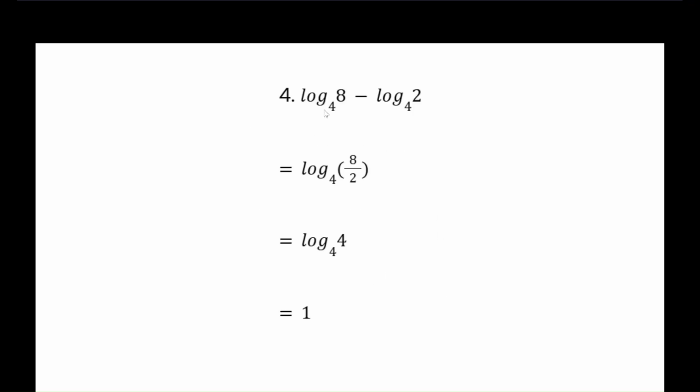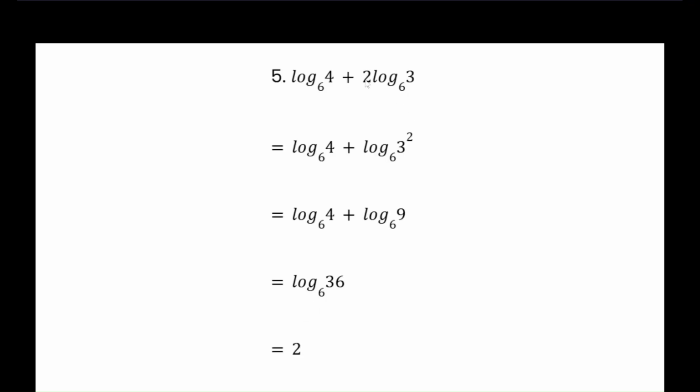For question 4, we have the same bases again for the logarithm, so we can combine them directly. This is a minus, so we divide the numbers: 8 divided by 2, so that's log of 4 base 4. We can further simplify this because the number is the same as the base number, so it will be 1. For question 5, we don't want the coefficient in front of the log, so we bring it up as